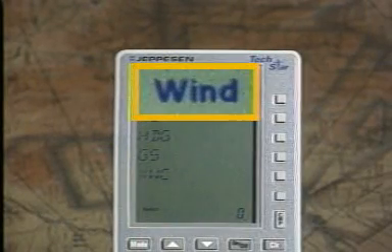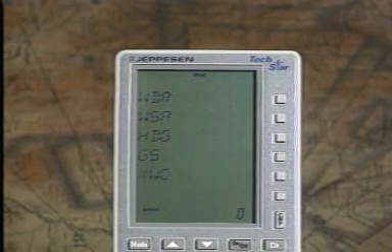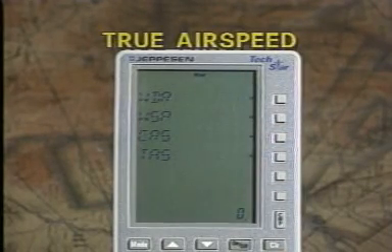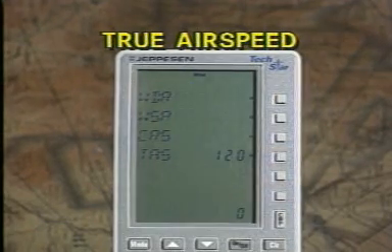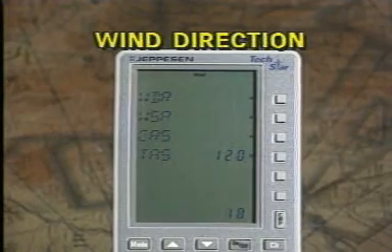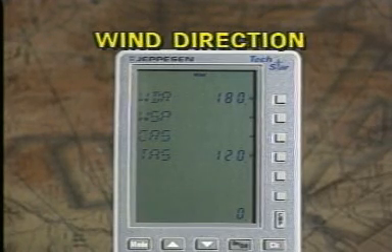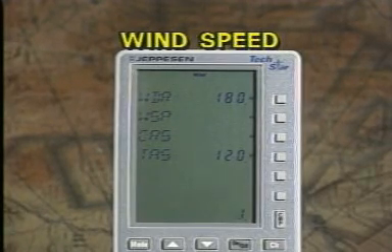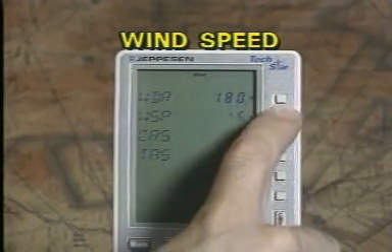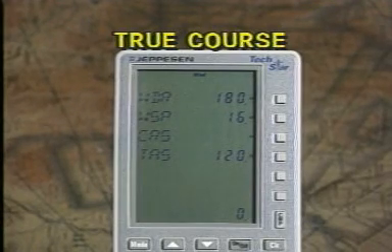After verifying that you're in the wind mode, press the parameter line key representing the variable you want to solve for. In this case, it's heading. Now enter the true airspeed of 120 knots into the true airspeed parameter line. Next, enter the wind direction of 180 degrees into the wind direction parameter line, labeled WDR. The wind speed of 16 knots is entered next by keying in 16 and pressing the WSP line parameter key. The true course of 310